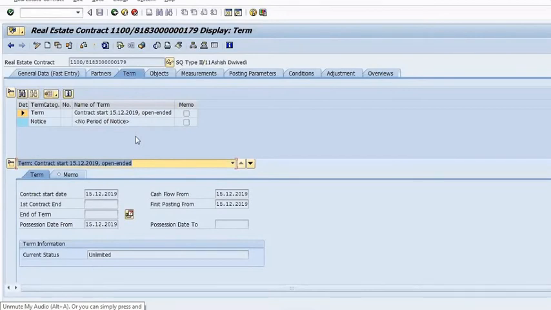Okay, so all the terms are the same, that is 15 December 2020, that is the contract start date, possession date, contract start date, possession date, and cash flow date, and first posting from and all. Okay, so all the things are unique. Getting my points? All the things are unique, and